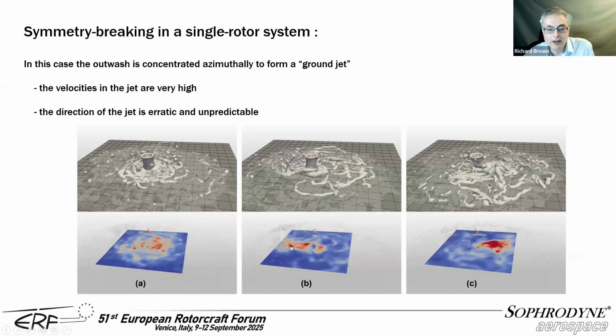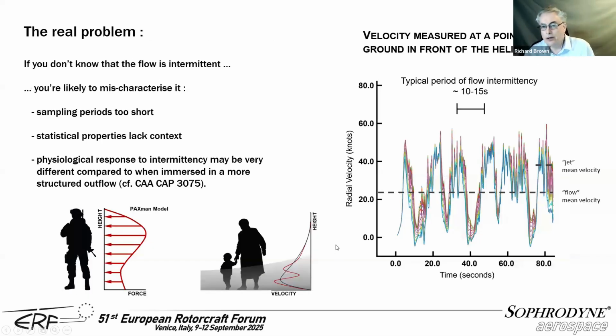Now, the interesting thing here is that the velocities in these jets are considerably higher than the flow anywhere else. So that should cause us to worry a little bit if we have these symmetry broken solutions, these solutions with broken symmetry. Because if we don't know that the flow is intermittent, then we're likely to mischaracterize it. So if the jet comes and goes, then how do we actually quantify or qualify what's going on in that